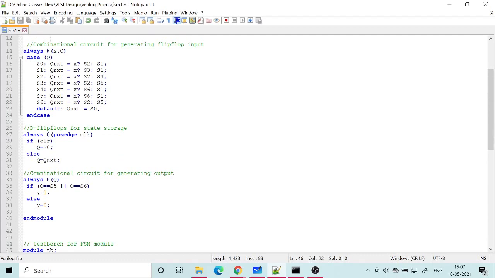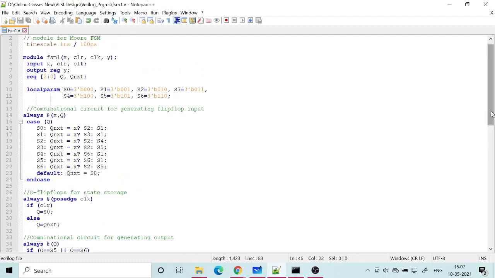But if you write it as a local parameter, you cannot do that. It is only available within that module.